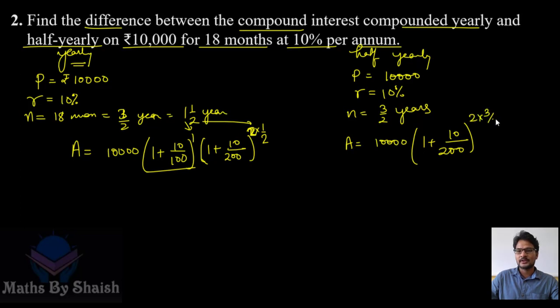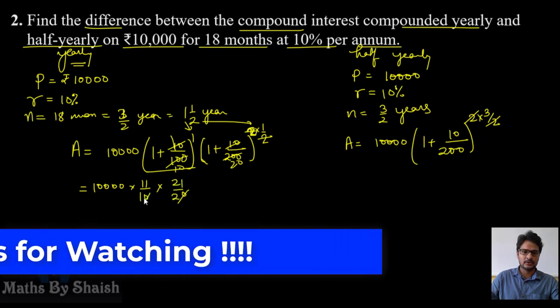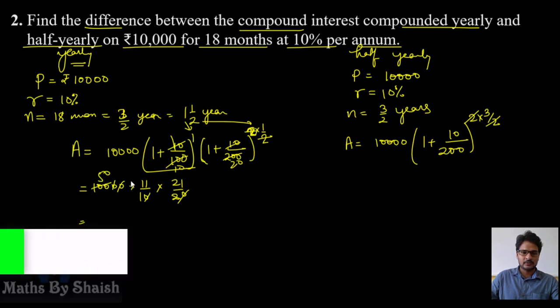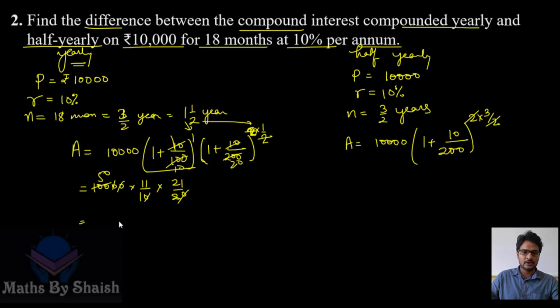2 into 3 by 2, 2 cancelled, and we are getting it as 10,000 times 11 over 10, and here it is going to be 20, so it is 21 over 21, then 2, and then 50, so it becomes 5, 15 to 21 is 0, 5, 1, 0, and into 11 it is going to be 0, 5, 5, 1, 1, so it is 11,550, and the amount from here